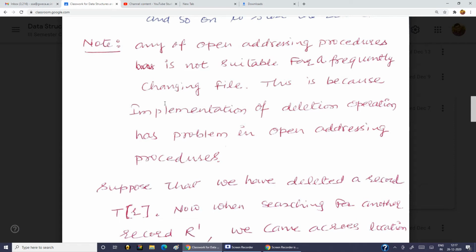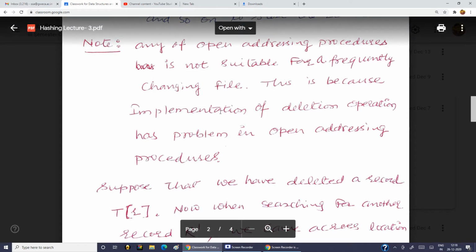So if you have generated an empty space by deleting, this may lead to an unsuccessful search result even if the record you are searching for is there. Let me explain again.